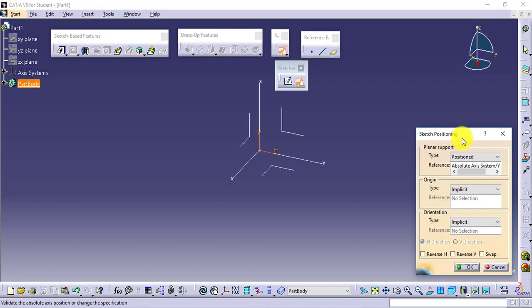Also, my personal advice to you is to prefer using sketch positioning or positioned sketch option while entering into the sketcher environment. It will be a good practice for you, because yes, it will not create any kind of difference in the environment, but when you will enter, you will be able to define the orientation as per your own requirements.